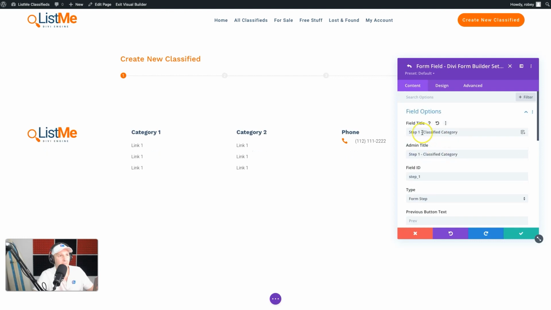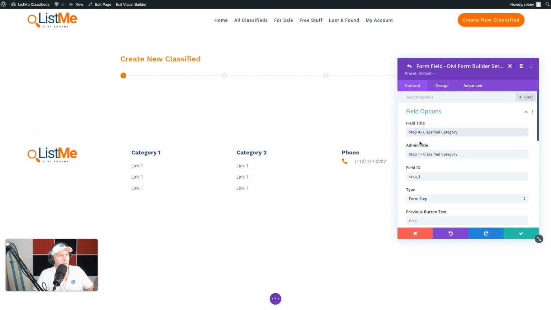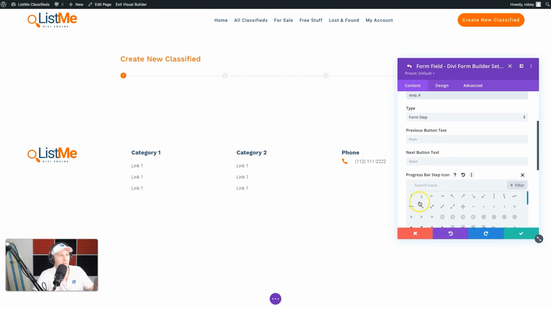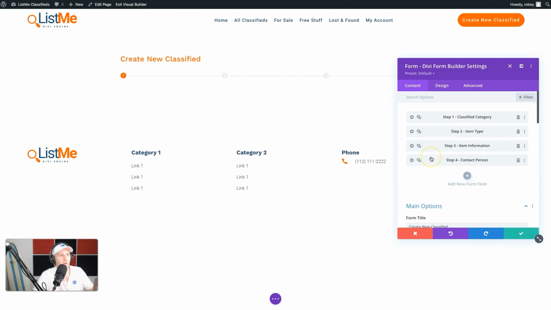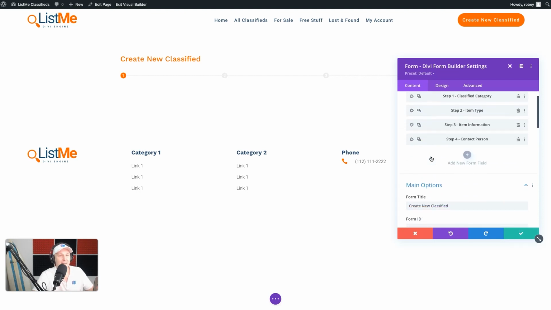And then the last step is going to be, of course, the contact person. Okay. And we'll copy all of that and paste that right there. Step 4. And our final step, of course. So now we'll just go and find the person icon. We'll use this one that's a little bigger. Maybe the round one. I like that better. Cool. Awesome. So now we've got all of our steps in here,